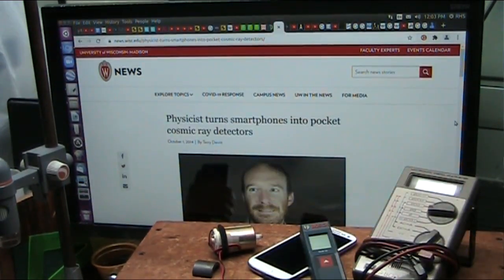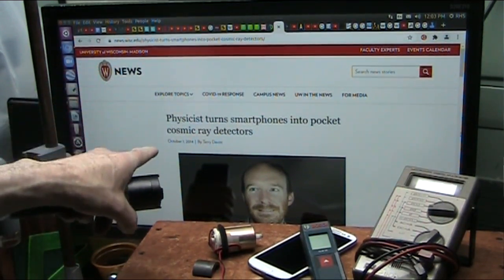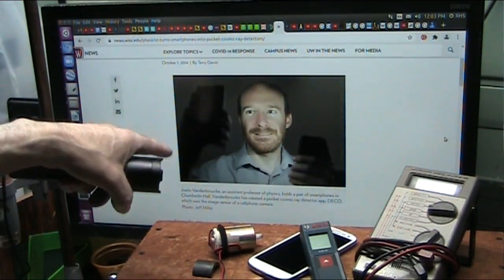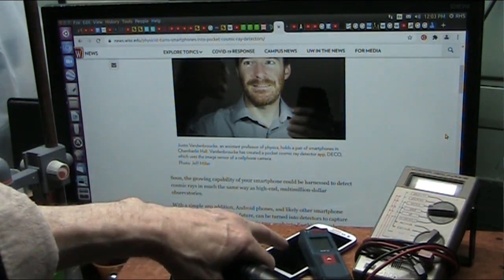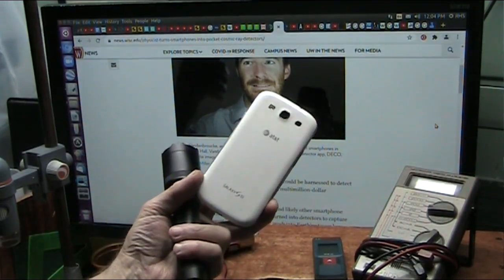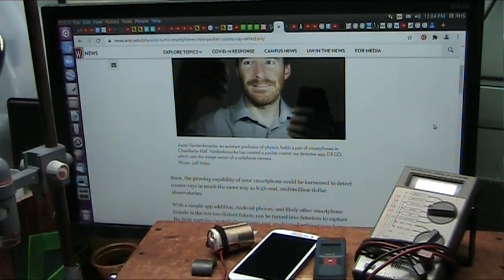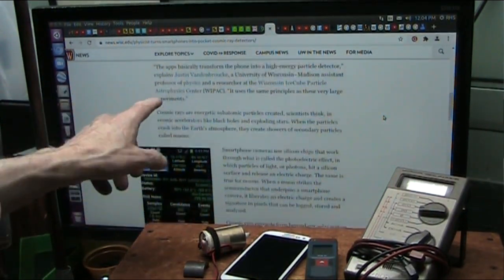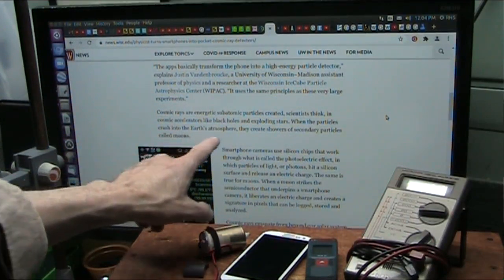Okay, just so you can support yourself if anybody says this is not right. This is University of Wisconsin-Madison, but this is about guys from CERN. And this is 2014. They realized that they could use these same pocket phones, and this goes back to that era, Samsung Galaxy S3. This is the one right here, and Rod's still using this today. He claims this was one of the best, or I guess he claims it's the best he's used, and he's tried a bunch of different stuff. And they say right here that the app basically transforms the phone into a high energy particle detector, and that's what they want to see.